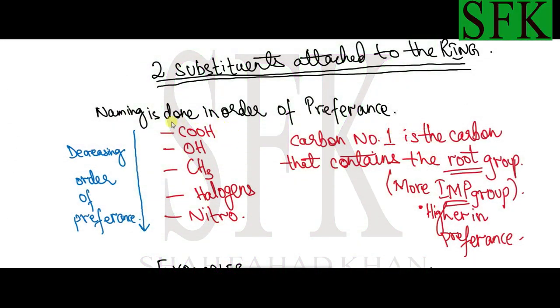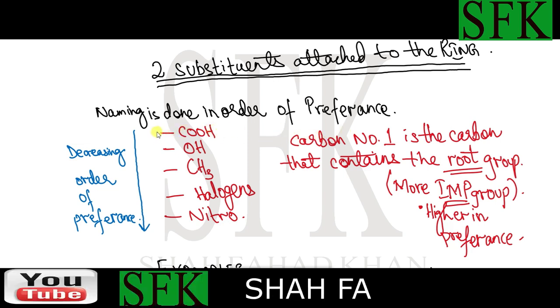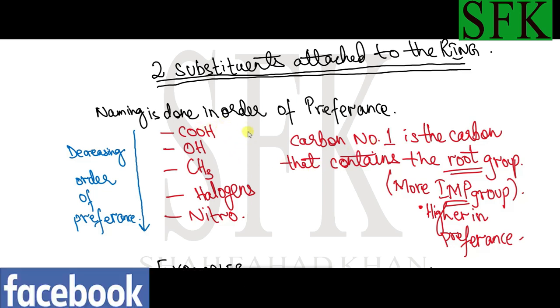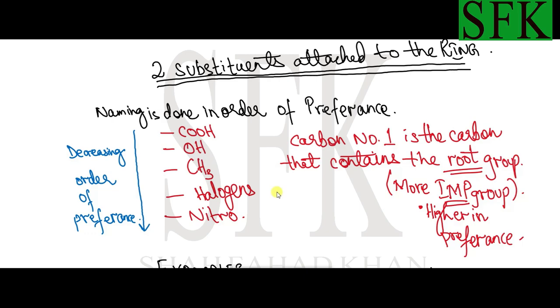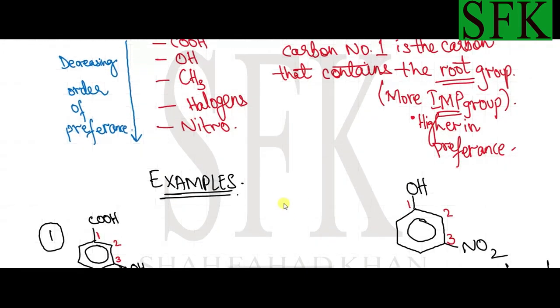Which is high above in the preference series. In this series, the group which is on top is given the carbon that contains the group, the number 1 while numbering the carbon atoms, and the one which is below that is then named accordingly, basically named with respect to that number, that carbon atom. For example,